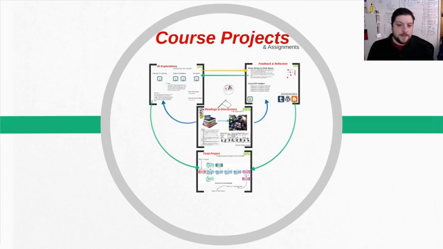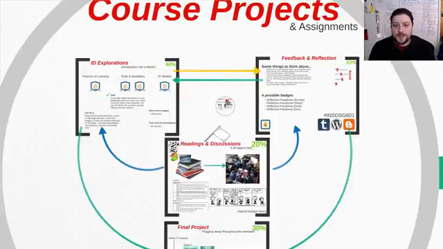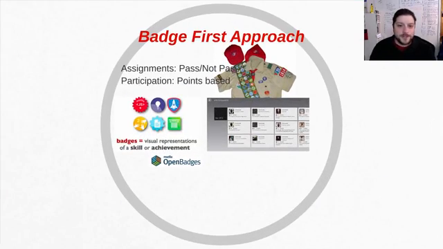Course projects. Well, everybody wants to know how they will be graded. There are a few course projects, and for all of them, I've done the badges first approach. You're either passing or not passing. I've gotten rid of numerical grades because instructional design is an iterative process. You can always do something better, and I don't think that a numerical grade like 0 to 100 really hits